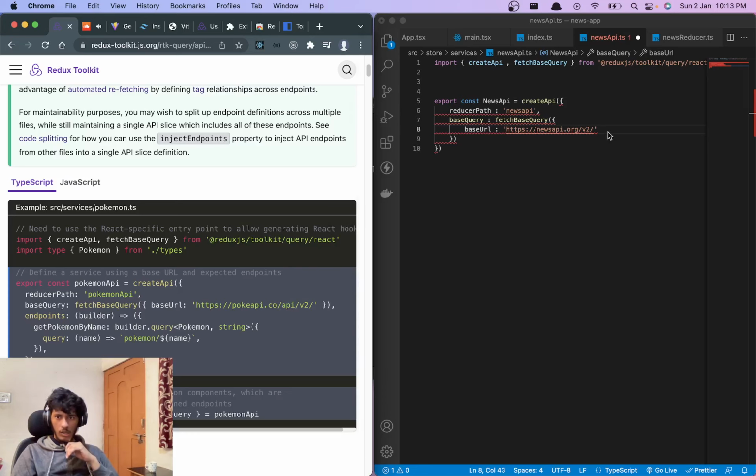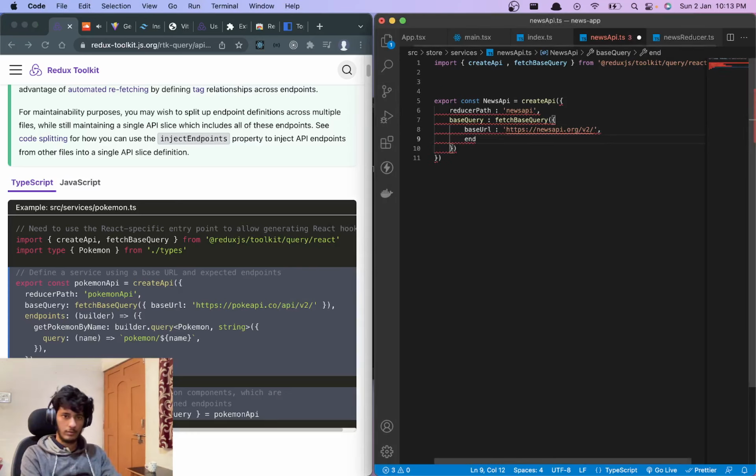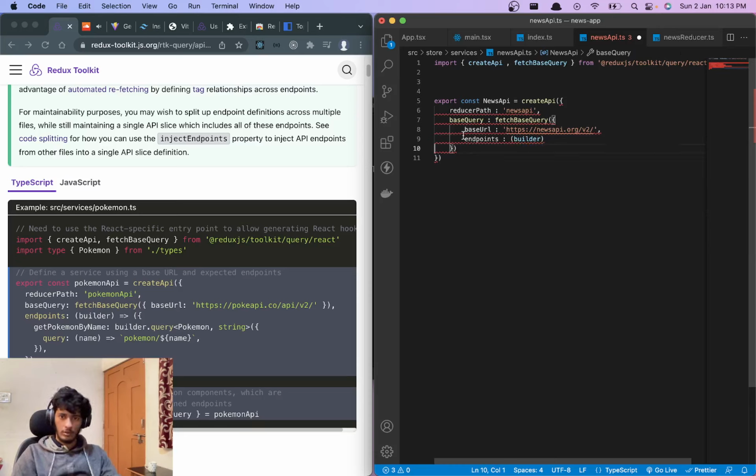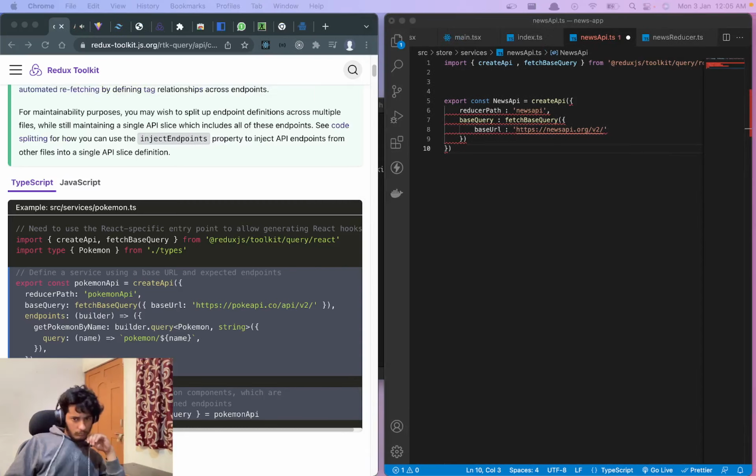Yeah. And then we'll have some endpoints. Yeah, now this makes sense. Okay, so we are in the wrong place, so we should not do it over here. Okay, guys.